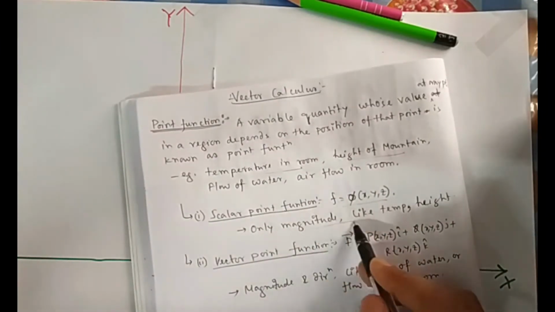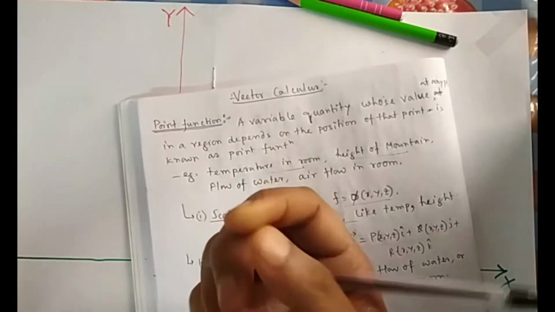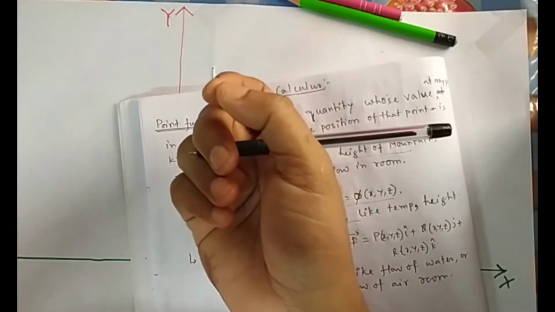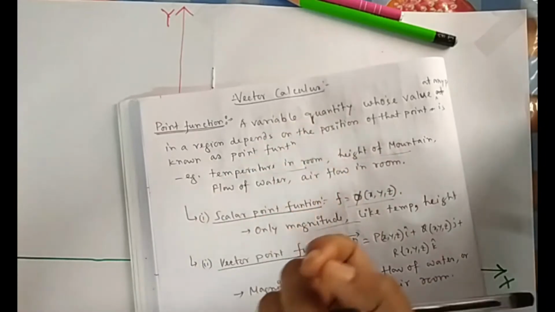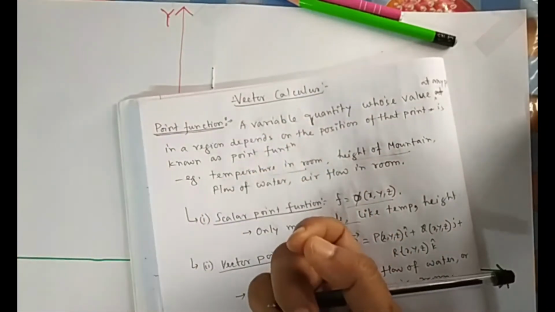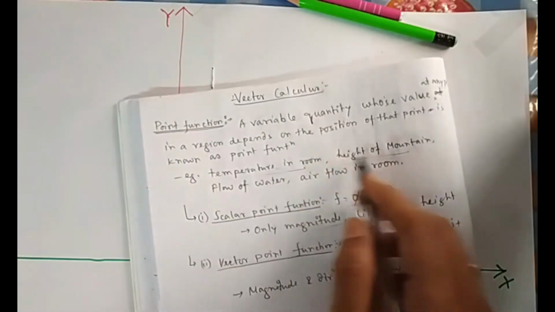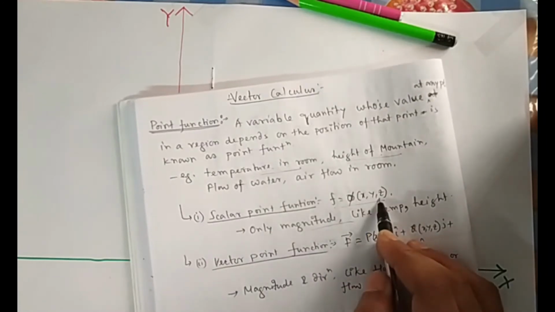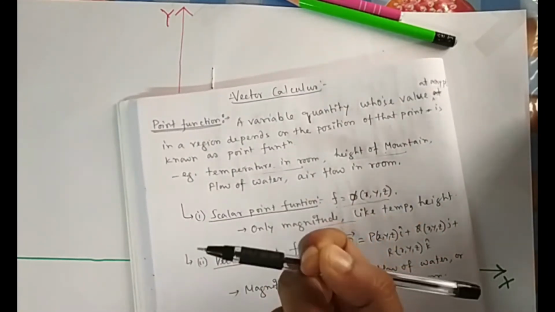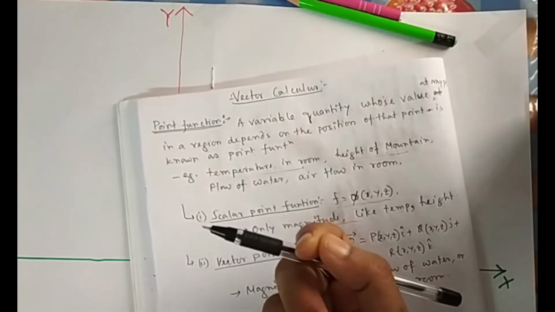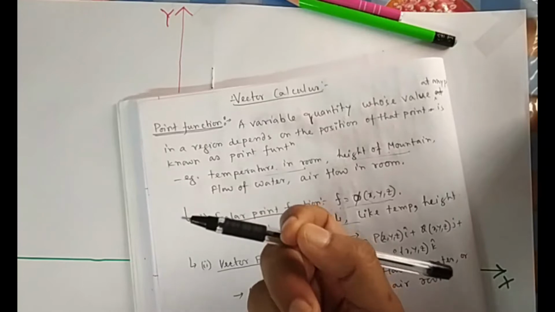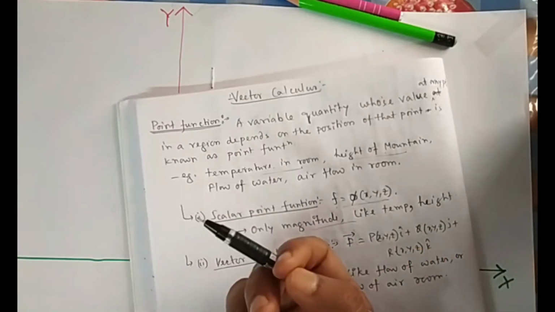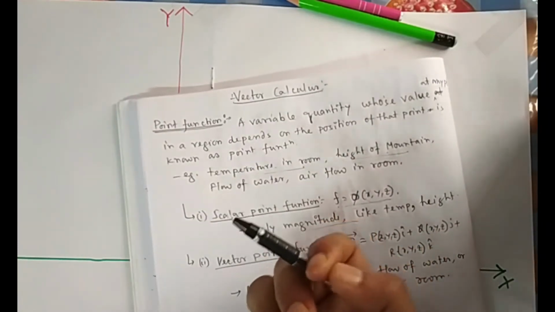Why? Because here there is only magnitude; the temperature doesn't have any direction. At this point you will have only a temperature, suppose 32 degrees centigrade, here 30 degrees centigrade, here 31.9, here 32.3. Everywhere in the space the temperature is different. That is only magnitude, no vector. So these two are examples of scalar point function, represented by small f, some function of x, y, z, which represents that point. According to the value of x equal to 1, y equal to 1, z equal to 1, we will reach the point (1, 1, 1), and if you put in the value, you will get some value, which is the temperature if I take temperature, or the height if I take height.